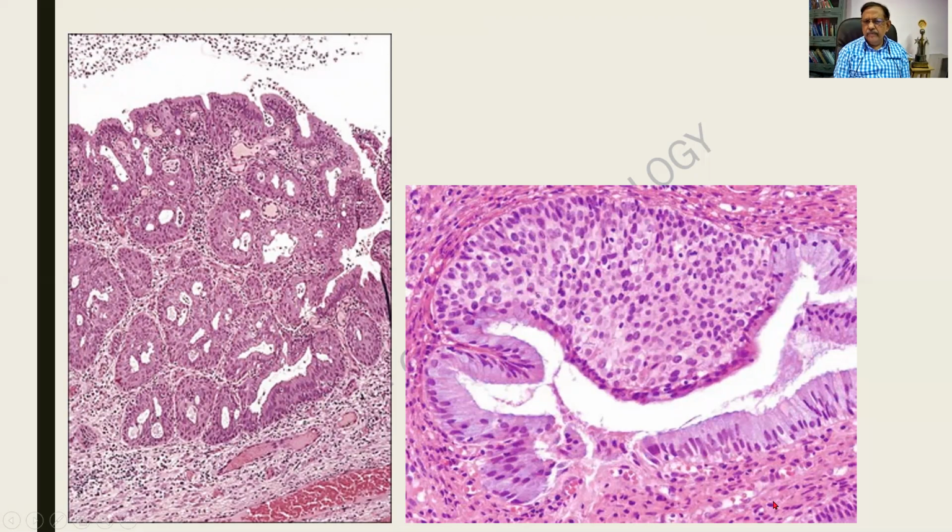Stroma means connective tissue. This is another diagram where almost all the glands are being replaced by squamous epithelium. So extensive squamous metaplasia, and this is a stroma that is showing. Are you able to see multiple small dots? They are the inflammatory cells, lymphocytes. This particular diagram you people can draw in your record.